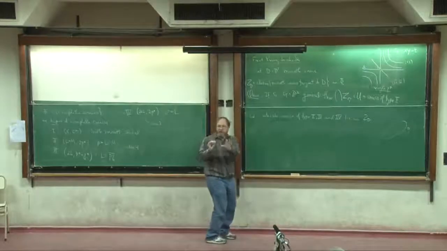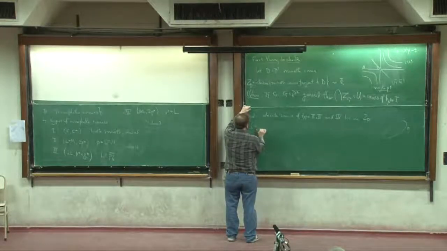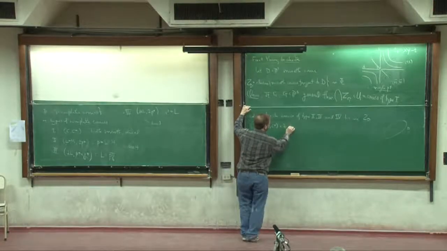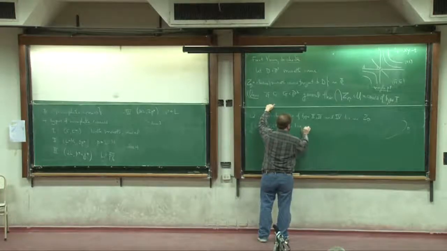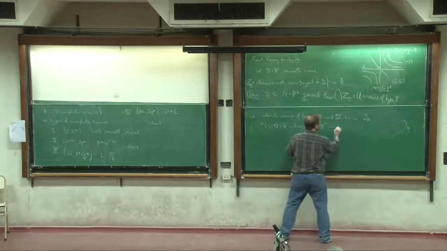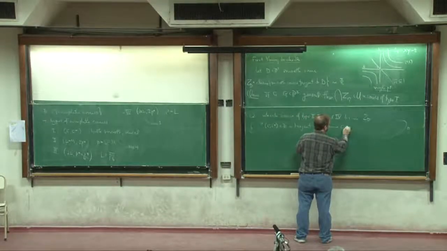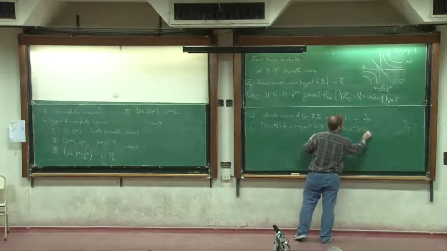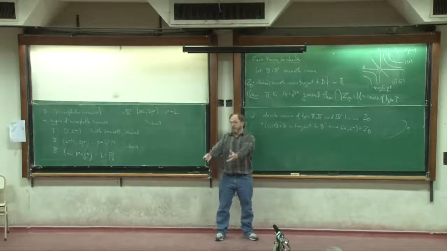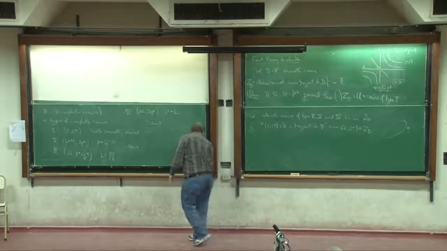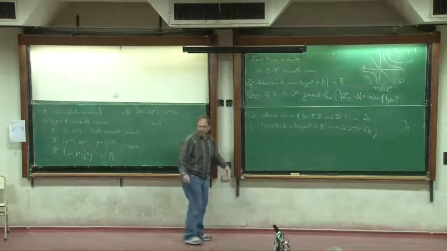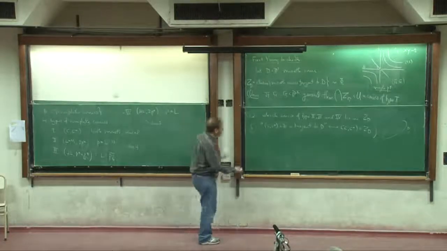So let me just explain by way of language: we say that a complete conic CC star in phi is tangent to D. Well, that means exactly that CC star is in ZD. So this is our definition of what it means for a complete conic to be tangent. It just means it's the limit of smooth conics tangent to D. So that's our definition of tangency in this context. And so now we ask,